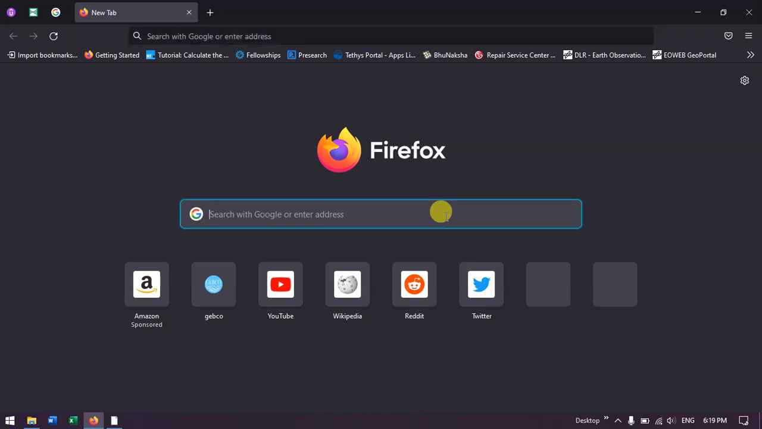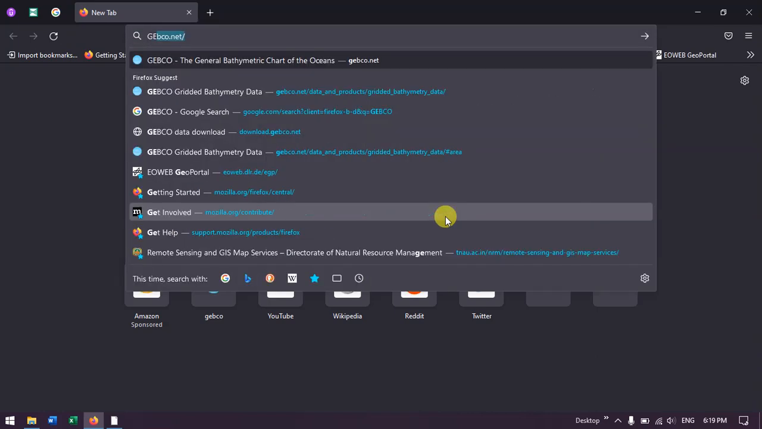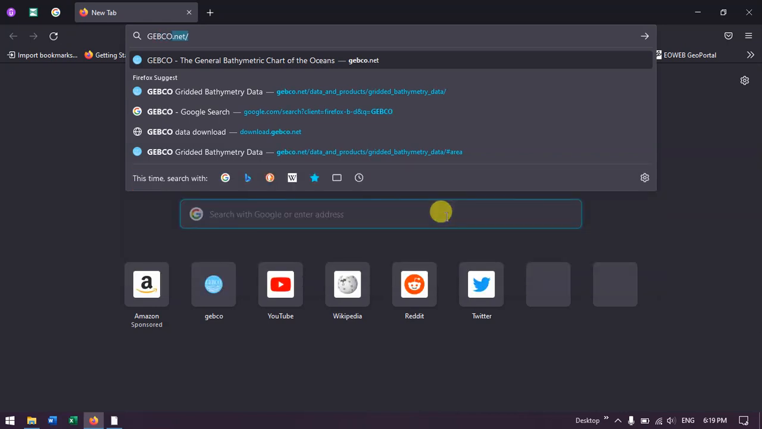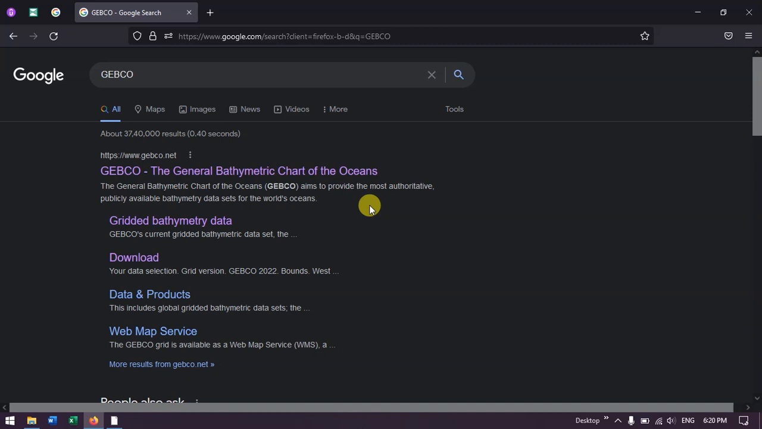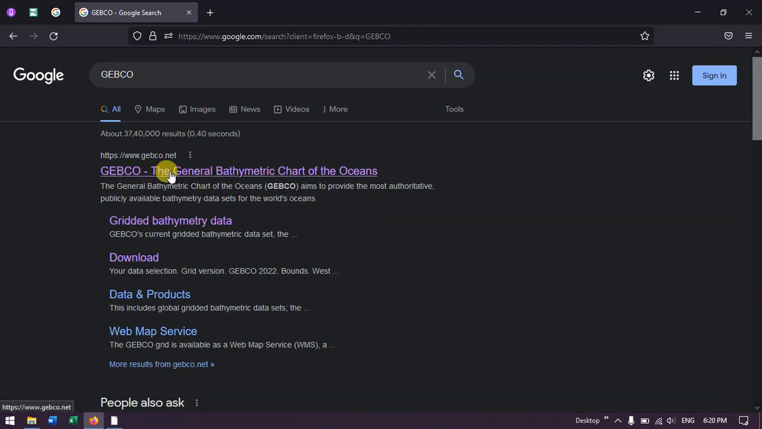Once you have opened your browser, just type in GEBCO and hit the Enter button. So you could see the first result, GEBCO, the General Bathymetric Chart of the Oceans. Now hit the first link,